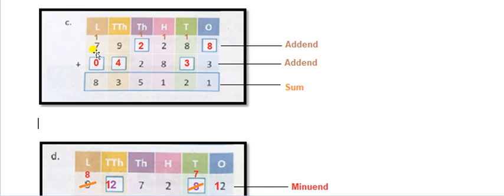So my number is 7 9, then a missing number, then 2 8, then a missing number. In my first addend 2 digits are missing, and in my second addend 3 digits are missing. So how to find the missing digit? Let us start. You see the addend 3 and you see the sum 1. 3 is bigger, 1 is smaller. It means you have to start counting after 3 in such a way that the number has 1 at the unit place.